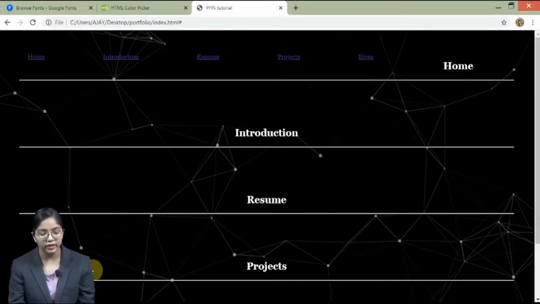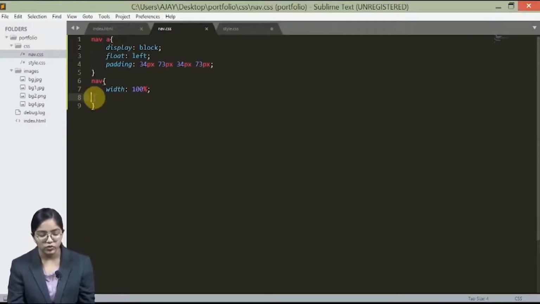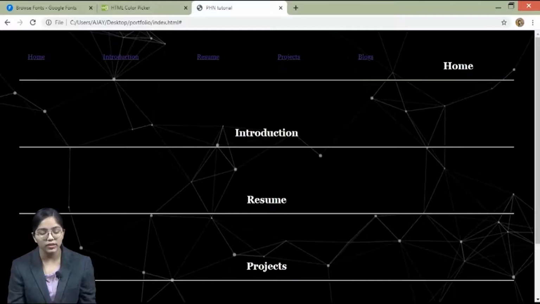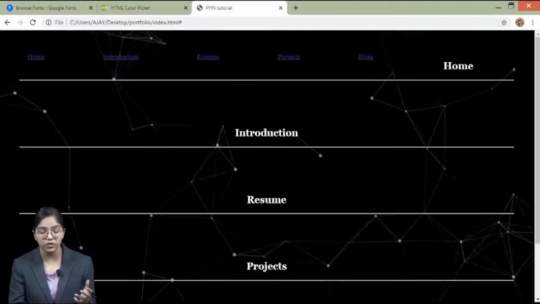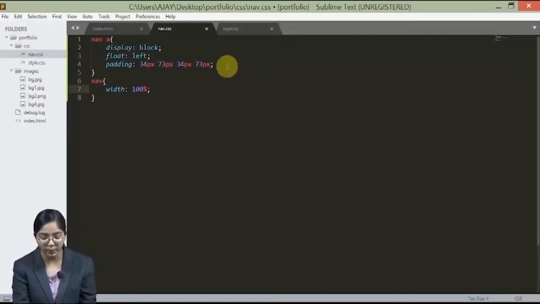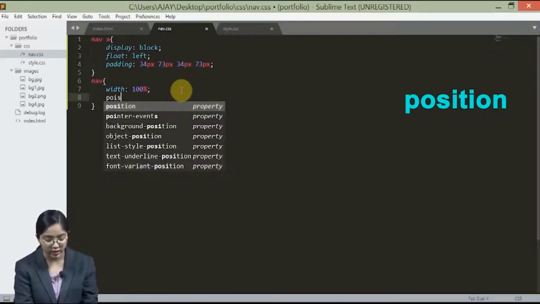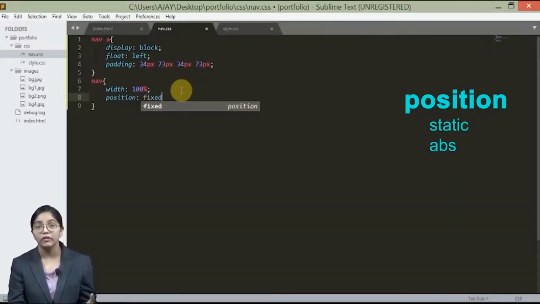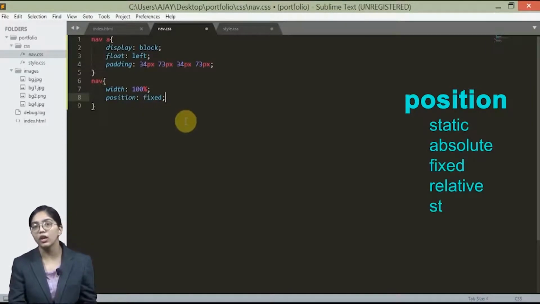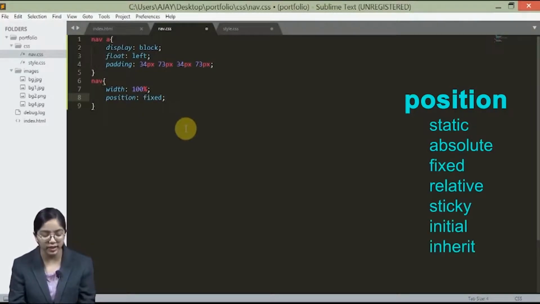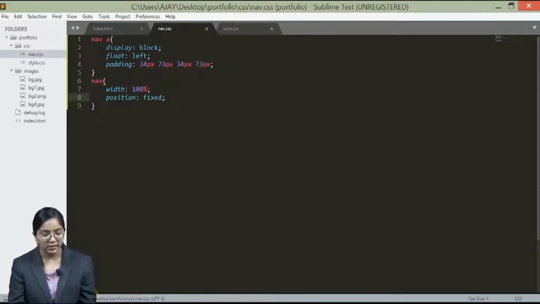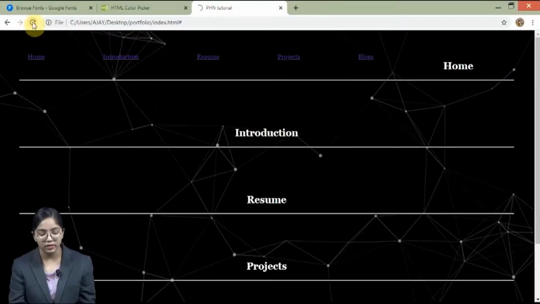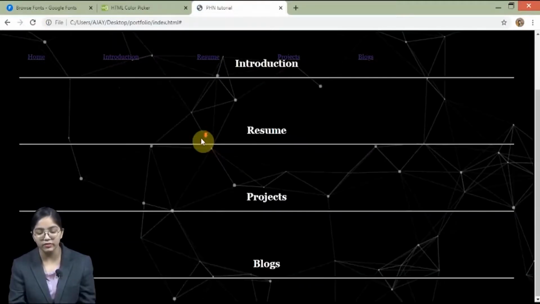We have given width as 100%. So now what it is doing, it is taking the position over here. Like it is changing the position. It is not in a fixed position if we scroll down, right? So we need it to be in a fixed position. For that, we use the property position fixed. Now the values here can be different. Fixed, absolute, sticky. We are all going to see about this in the next tutorial. Okay. So fixed is here. So you can see it is fixed now.